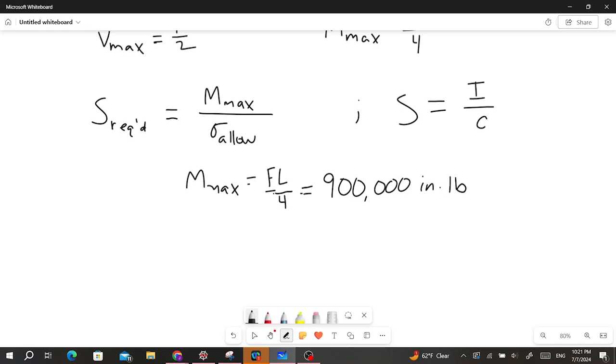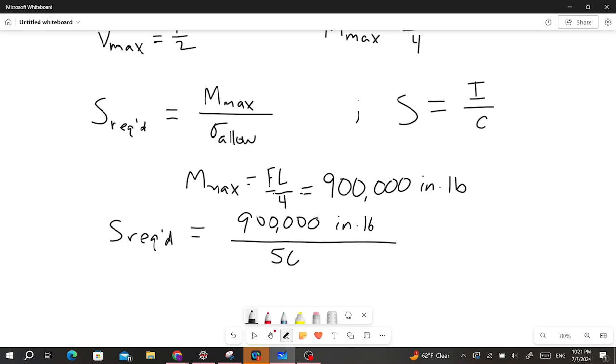Okay. And then our S required is going to be 900,000 inch-pounds over our allowable stress, which we know is 50 KSI, which is the same as 50 times 10 to the 3 PSI. So if we do this division, we'll end up with an S required, a required section modulus, of 18 inches